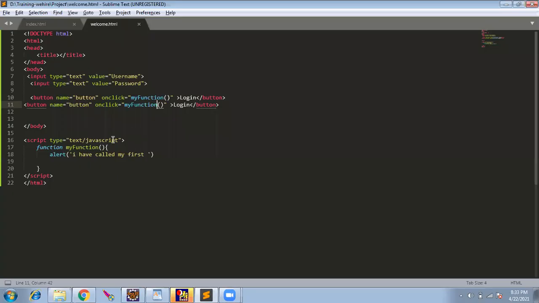In Java, we had system.out.println, correct? Where we used to print to the console. Here we have console.log. Hello, I will be visible only in console, not in alert.